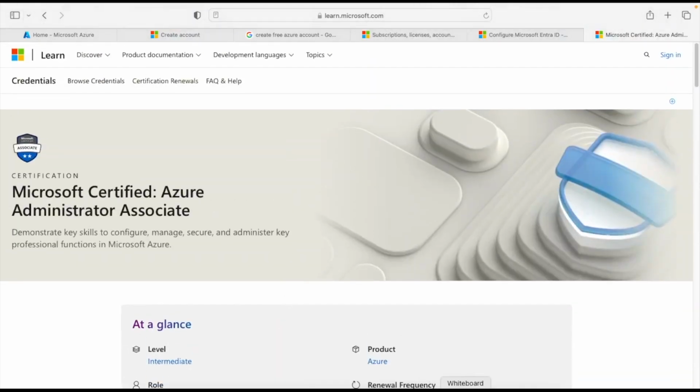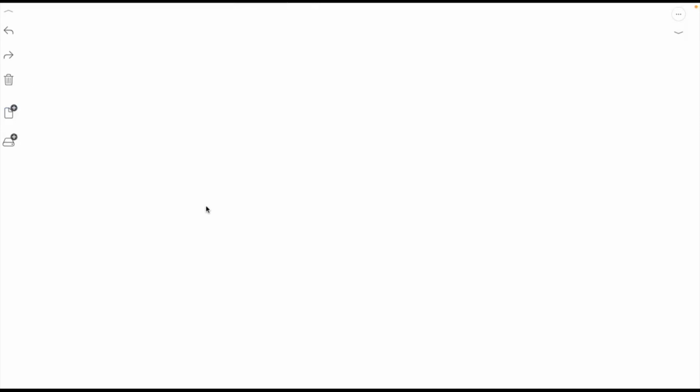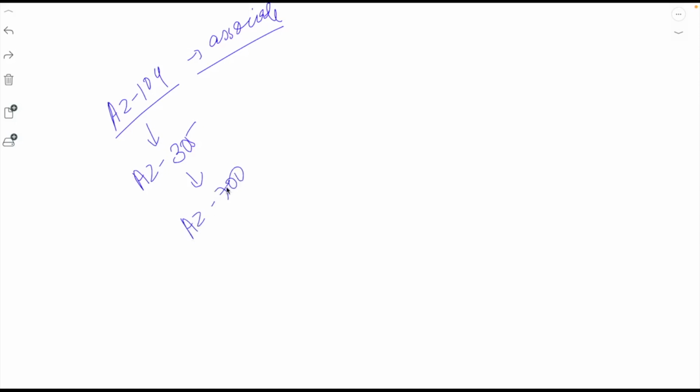We'll get some insight on AZ-104. What is this certification about? So this is AZ-104, and this is associate level certification. Now, when you want to go further in this journey, you can go ahead with expert level certifications like AZ-305 or specialty certifications like AZ-700 or 500, right? So there is a journey which you cover from associate to expert, and if you want to work in a specific module, we also have specialty courses.